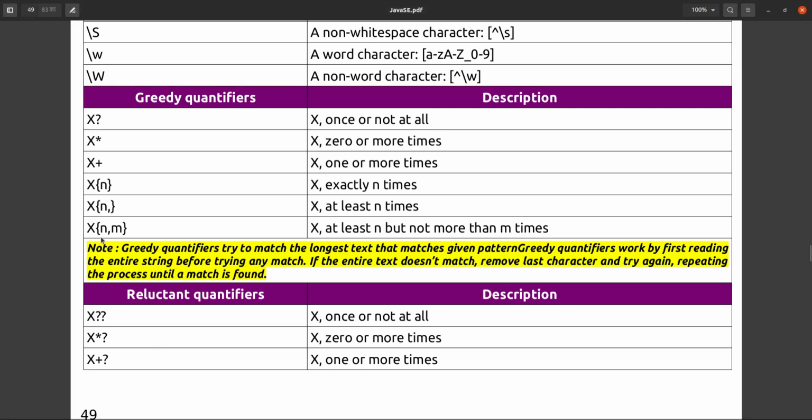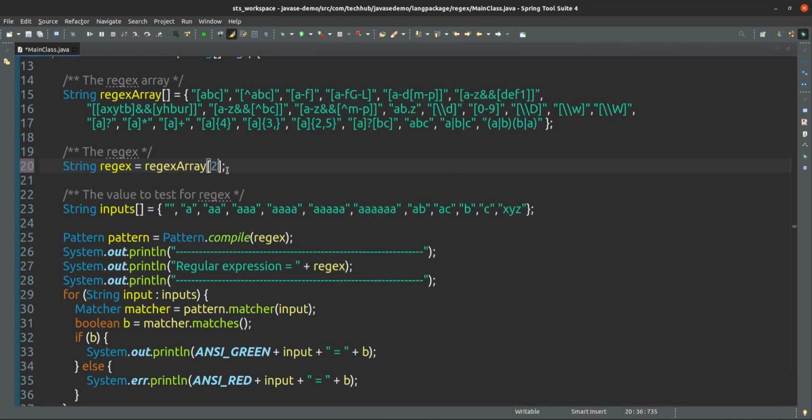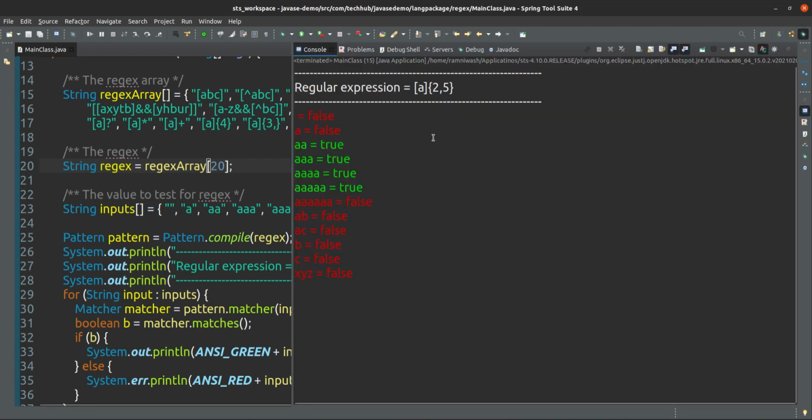Okay, and here I can specify the max range also, meaning X should occur at least n times and should not occur more than m times. Suppose I take this expression 20, you will see here I am saying A should occur at least 2 times but should not occur more than 5 times.